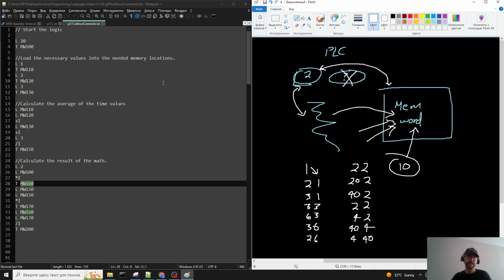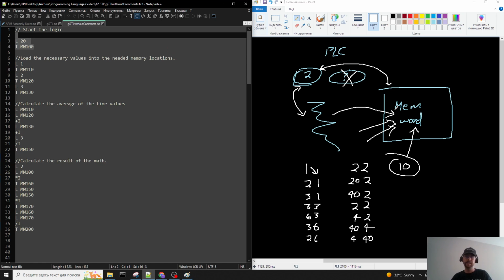So we have 10. Okay, so that's the algorithm on the PLC and what is done on the PLC, and pretty much how these 2 accumulators, accumulator 1 and accumulator 2, interact with the code and then with the long-term storage memory. For the ARM architecture, for the ARM processor, we're going to just look at the